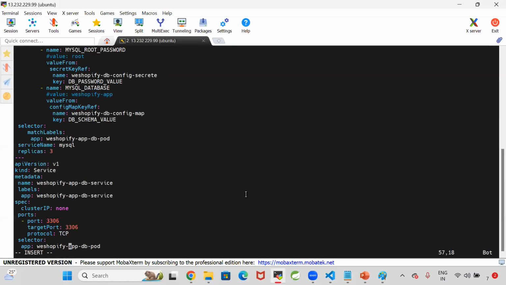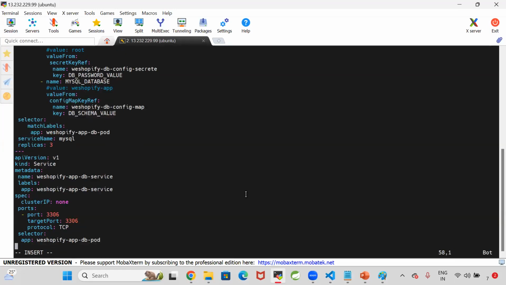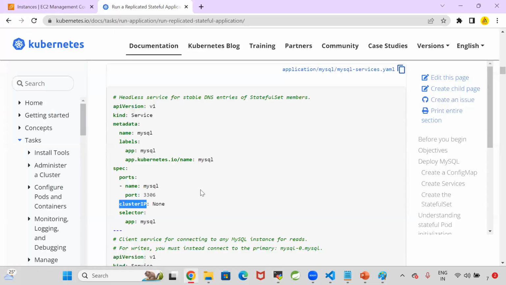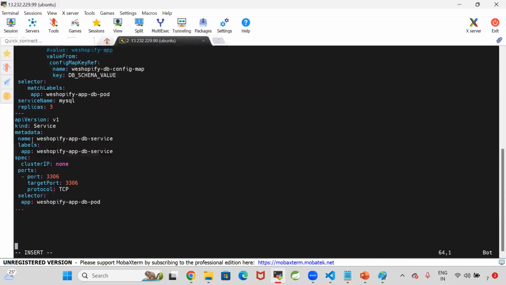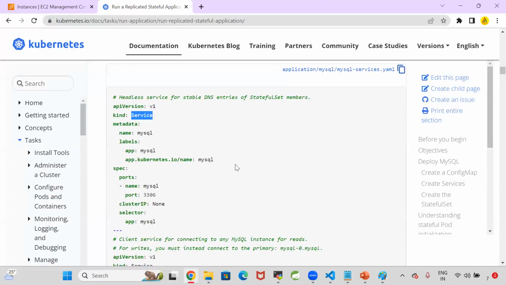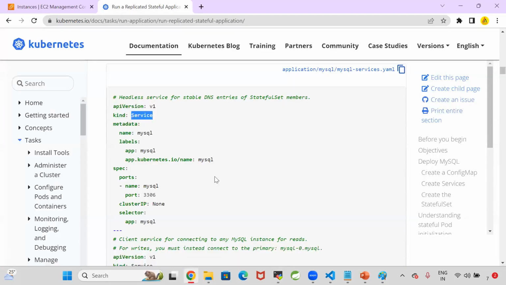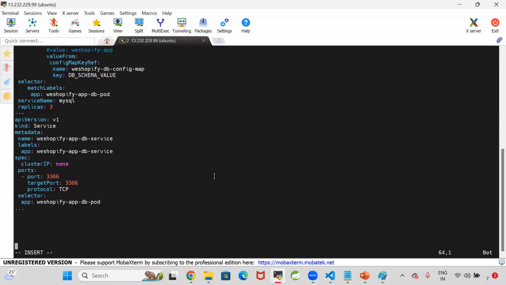Selector is available. API version is v1. Kind is service. Metadata name, labels are there. Spec ports name MySQL port 3306. We don't need this. Target port not required. This is also not required. Now, under the spec,